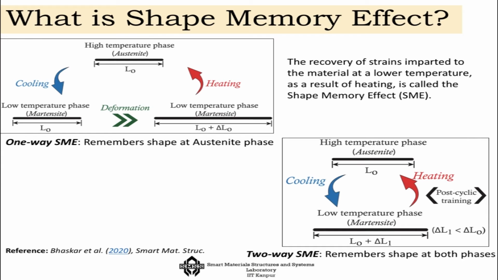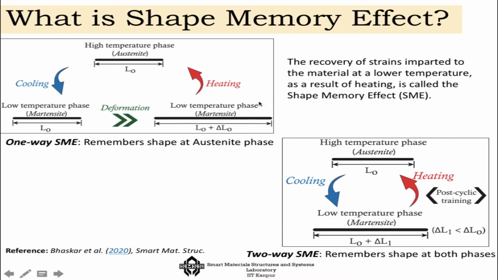Now, what is a shape memory effect? It is some kind of a memory, right? And as the name suggests, it is related to shape. Precisely, this material has a memory in its parent phase, which is called the austenite phase, a high temperature phase. Generally what we do is cool this material, so it comes to a low temperature phase or martensite phase. Then you carry out all the deformations, and whenever you heat it, it will go back to its memorized shape at the austenite phase. That memory is called the shape memory effect.